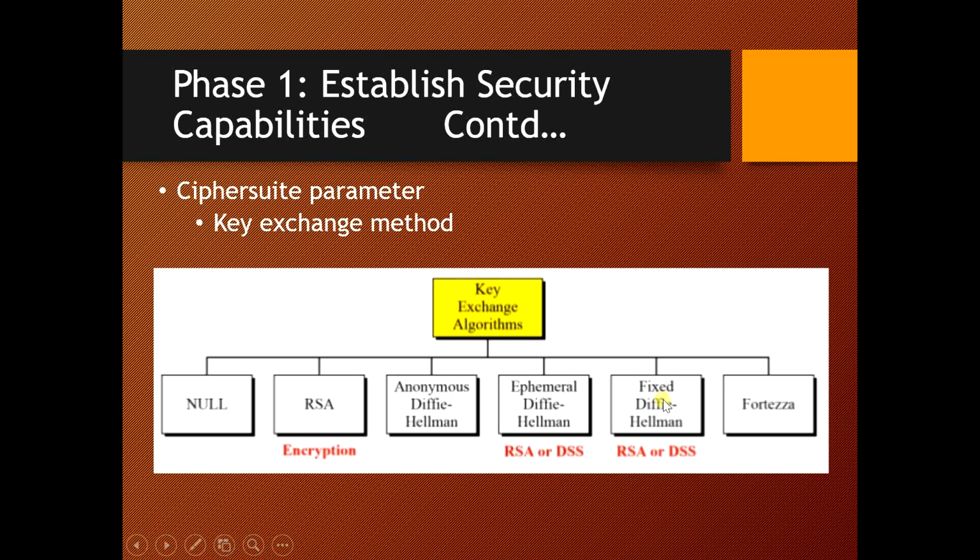So this is a Diffie-Hellman key exchange in which the server certificate contains the Diffie-Hellman public parameters, which is signed by the certificate authority. That is, the public key certificate will contain the Diffie-Hellman public key parameters. Other than that, the client has to provide its Diffie-Hellman public key parameters either in a certificate if client authentication is required or in a key exchange message. Usually this method will result in a fixed secret key between the two peers based on the Diffie-Hellman calculation, which is done using the fixed public keys.